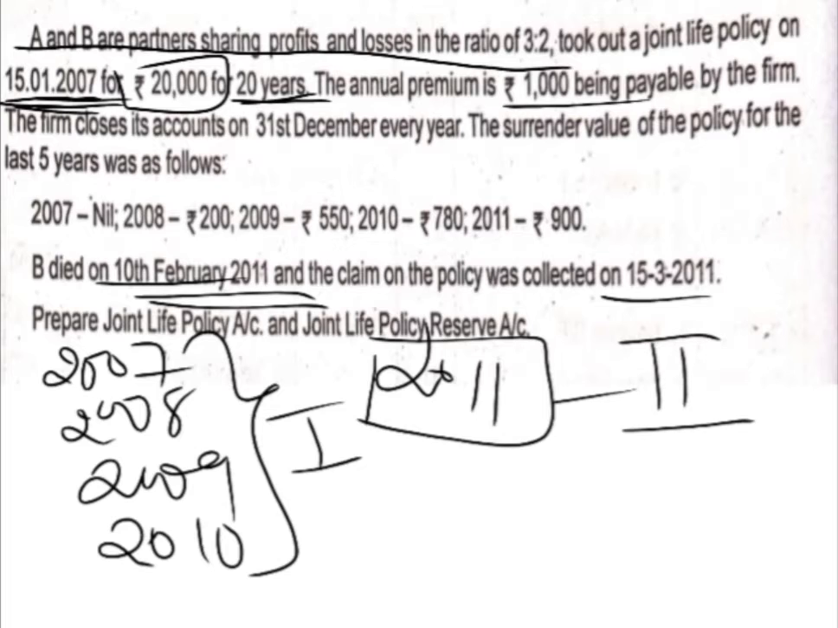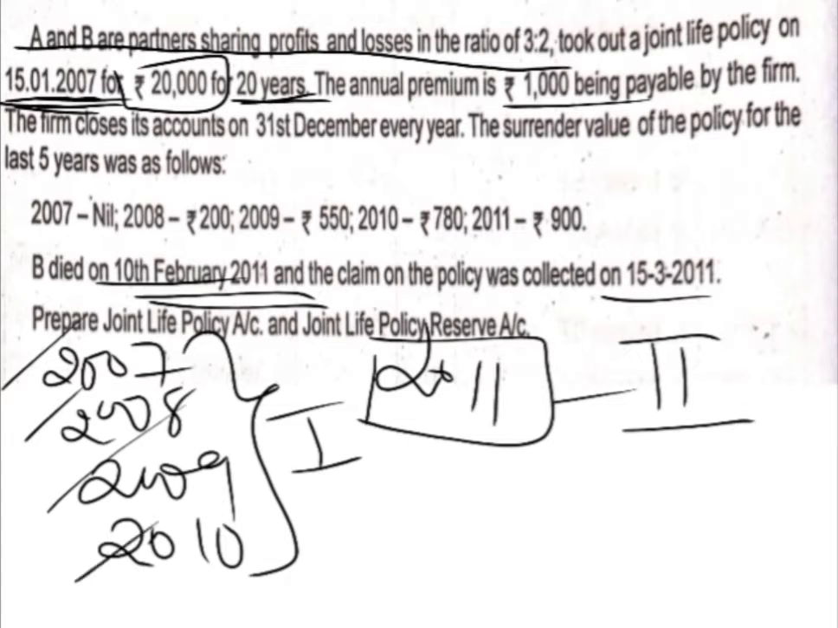And the last entry of every year will be passed for reducing both joint life policy and joint life policy reserve account at their surrender values by passing the reverse entry, that is joint life policy reserve account debit to joint life policy account. So these are the three entries which we are going to pass in all these years, that is 2007, 2008,